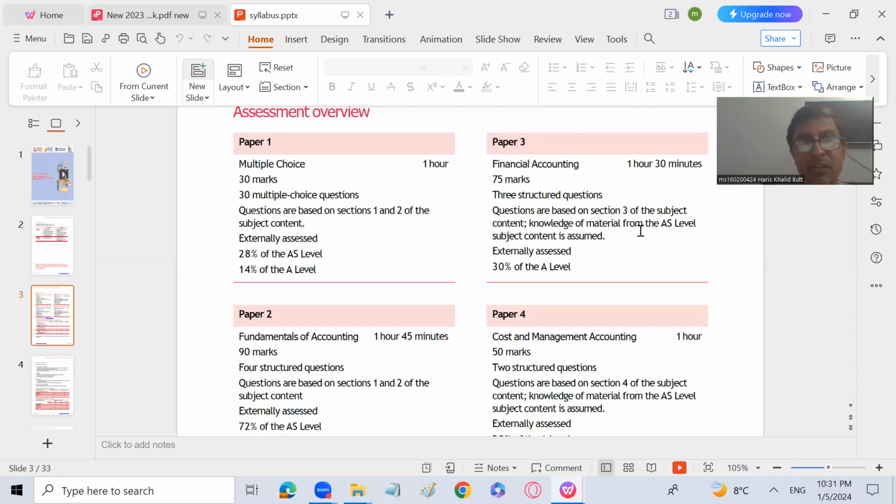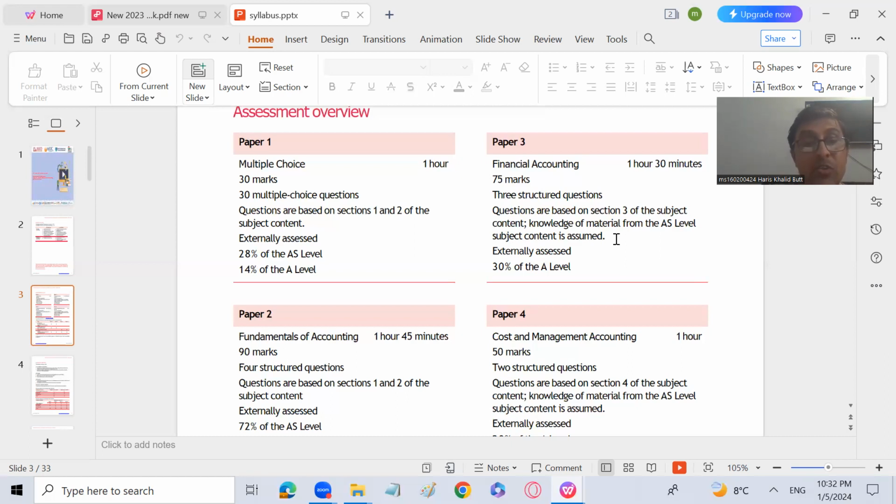Let's talk about the grade threshold, right? Always remember that the grade threshold depends upon the relative percentiles, relative grading, and paper 3 and paper 4. Any concept from AS level can come in paper 3 and paper 4. It covers all the concepts of paper 1 and paper 2. But there will be no MCQs paper in A2. Only paper 3, which comes from financial accounting, carrying three questions, and paper 4, which comes from cost and management